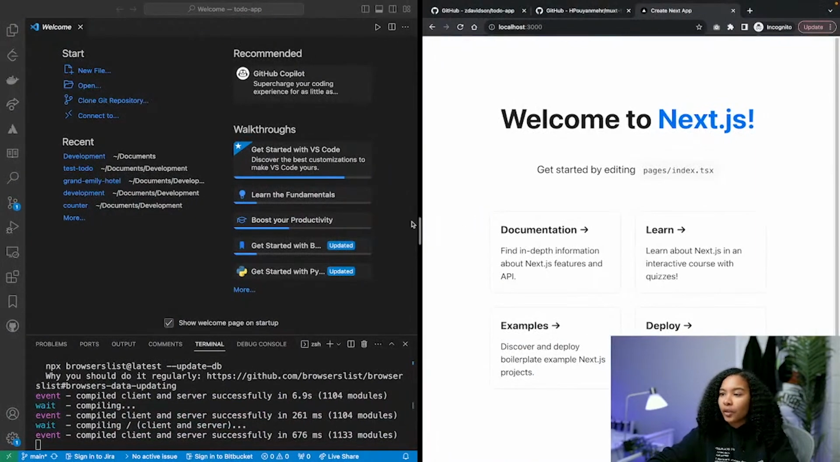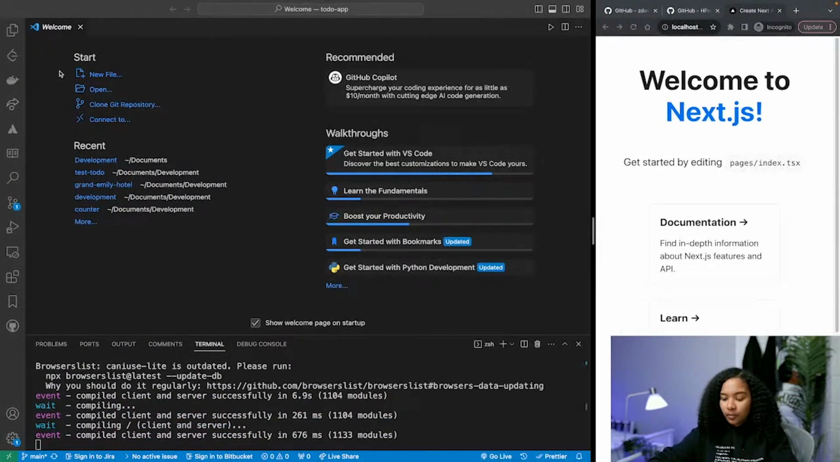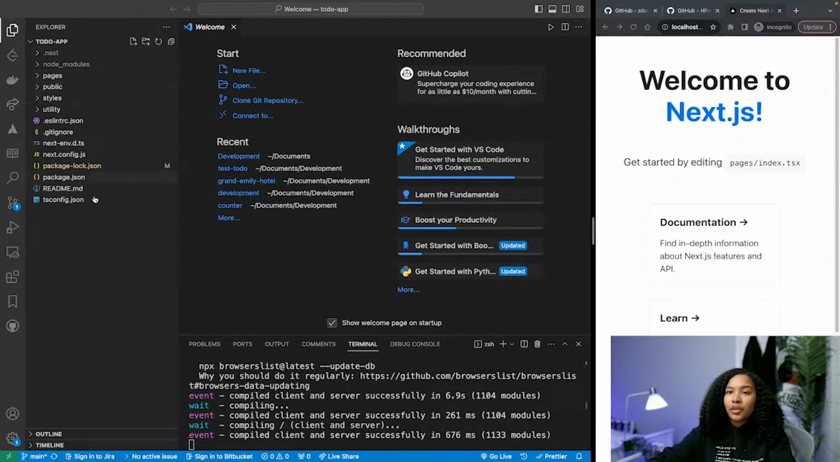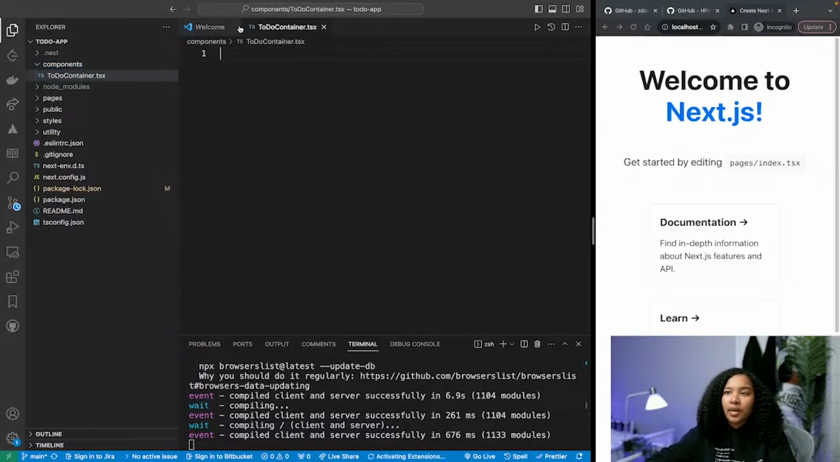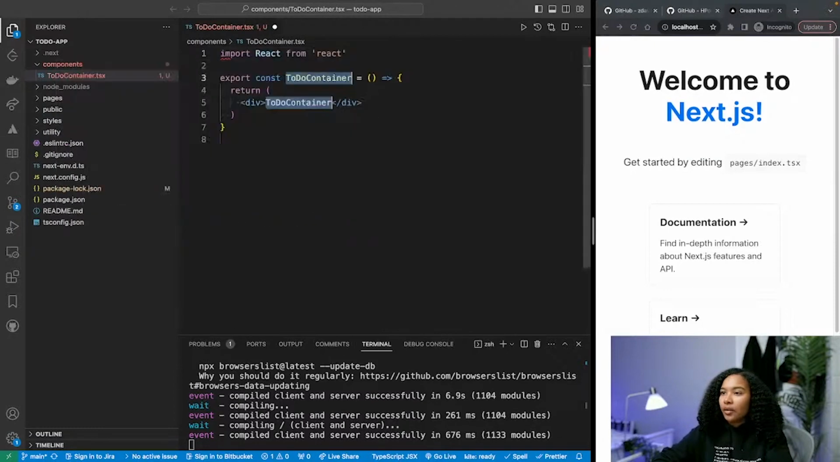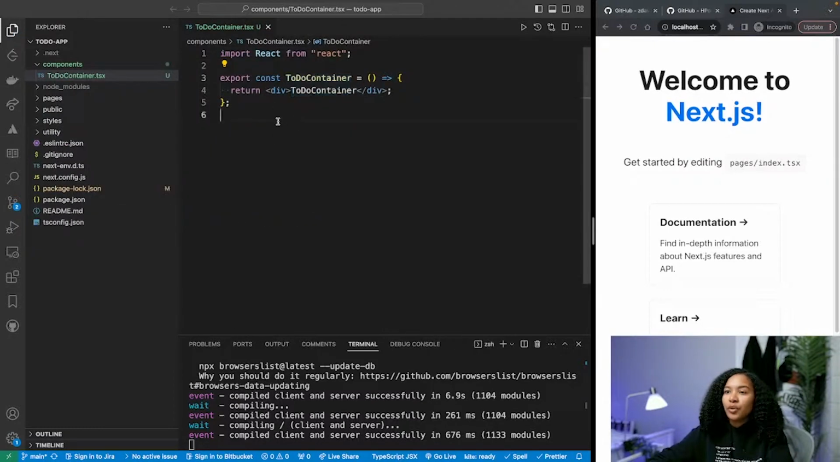So hopping back over to our code, let's go ahead and create a new folder. I'm going to call it components. And I'm going to create a new file within that. I'm going to call it ToDo container, and that's just going to be our container. Now I'm using TypeScript in this, so it's going to be a .tsx file, and that just allows us to be sure that we're passing the correct types around in our project. So I'm just going to use our React arrow function component, create the ToDo container component,